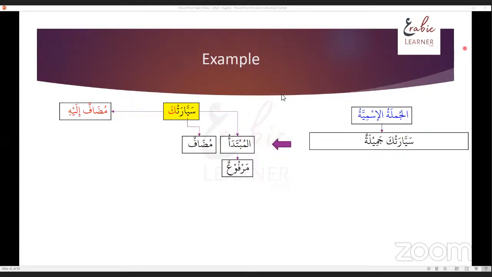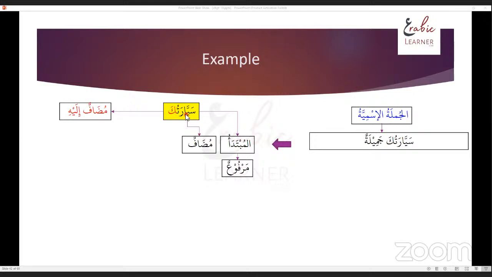Sorry for this. Okay. So, brothers and sisters, I want to ask you, what is sayyaratu? Is it ma'rifa or nakira? In sayyaratuka, just sayyara, this part is ma'rifa or nakira. Why is it ma'rifa? Tell me the reason why it is ma'rifa.